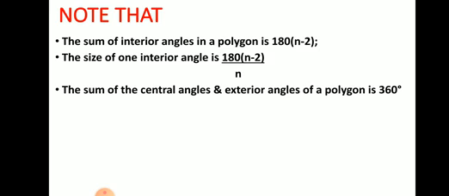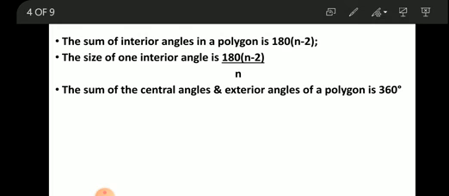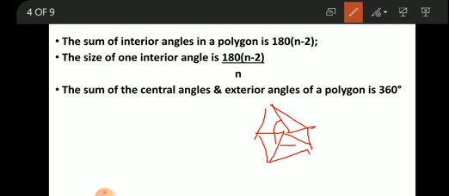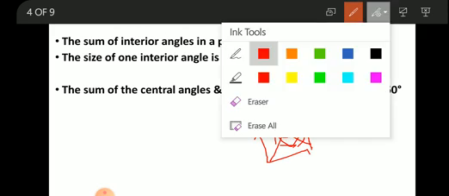And the central angles, what do you mean by central angle? The central angle is different from interior angle. It is the angle that is at the middle. If I want to show you the central angle of this shape now, the central angle is this. Can you see this one plus this one plus this one plus this one plus this one? That's the central angle. They are equal to 360 degrees. Is that clear? So they are always equal to 360 degrees.